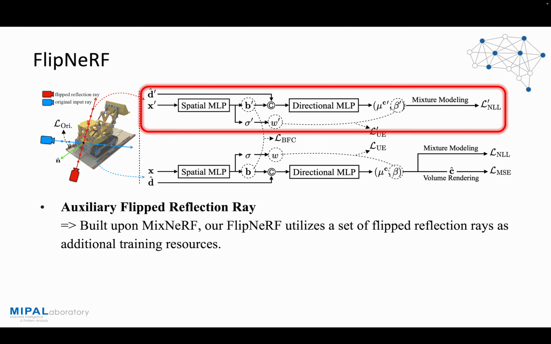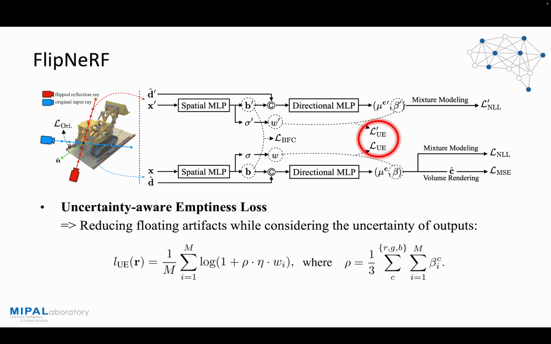Let's take a look at the FlipNeRF in more detail. First, our FlipNeRF is built upon MixNeRF, which models a ray with a mixture model of Laplacian distributions, and utilizes a set of flipped reflection rays as additional training resources. And we propose uncertainty-aware emptiness loss. By the UE loss, we are able to regularize the blending weights adaptively. It is able to reduce floating artifacts consistently across scenes with different structures, and enables us to synthesize more reliable